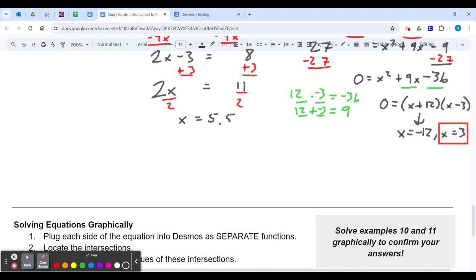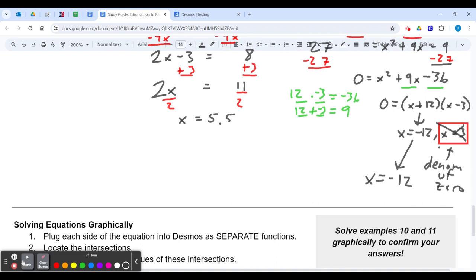So that is not okay. I'm going to cross that out. Let me grab my pen here. That gives a denominator of 0. So our only answer here then is x equals